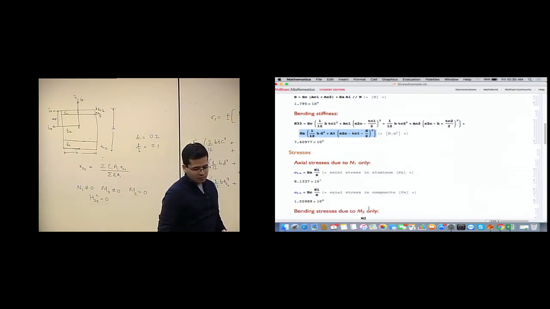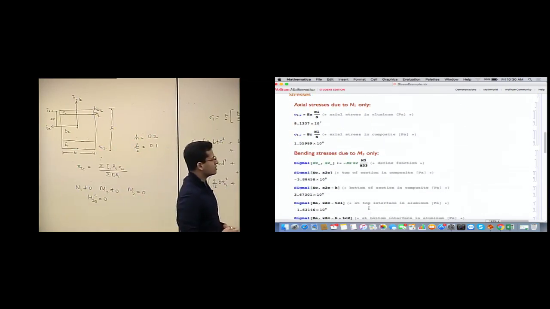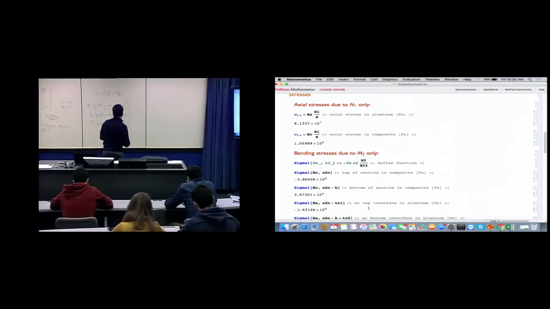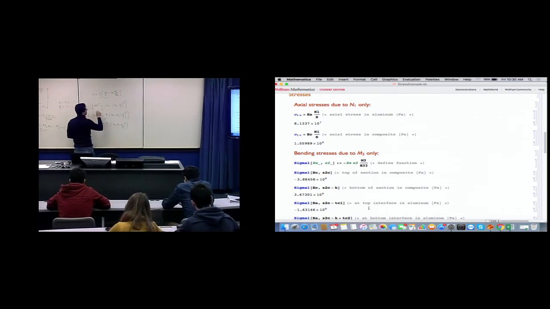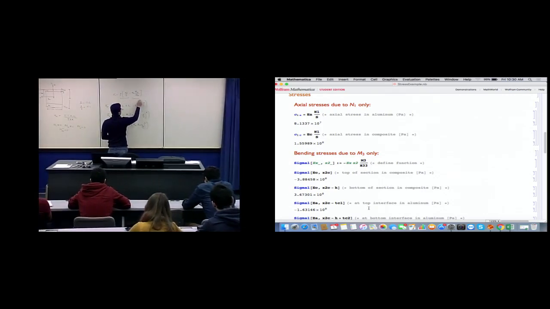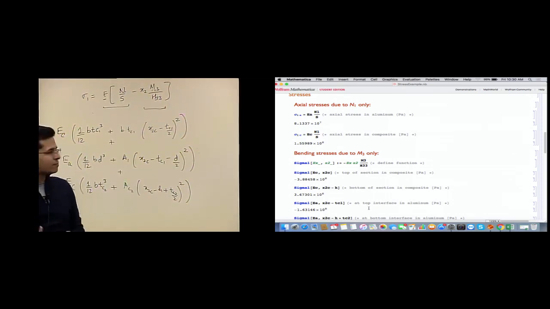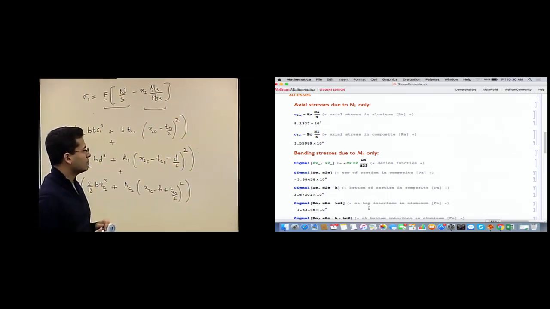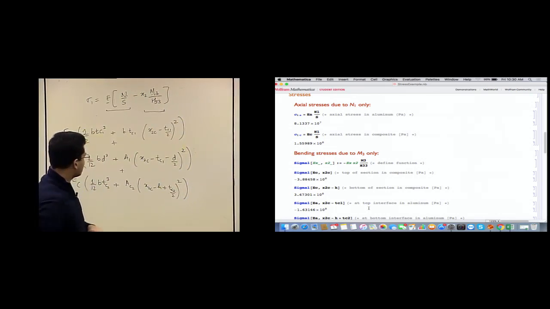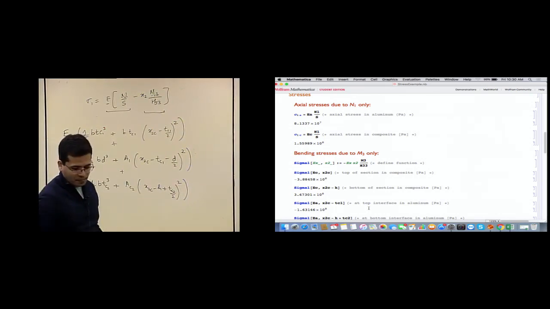So now it's a simple exercise to evaluate stresses. We have axial stress due to the axial loads in this term, and then we have axial stresses induced due to bending in this term multiplied by the material properties. So each of these materials will have different stresses because of different Young's modulus values. So we will evaluate stresses in each of these layers